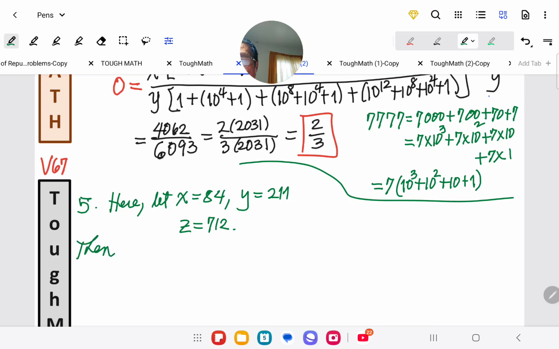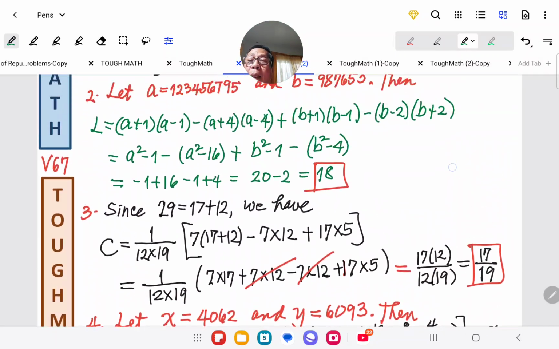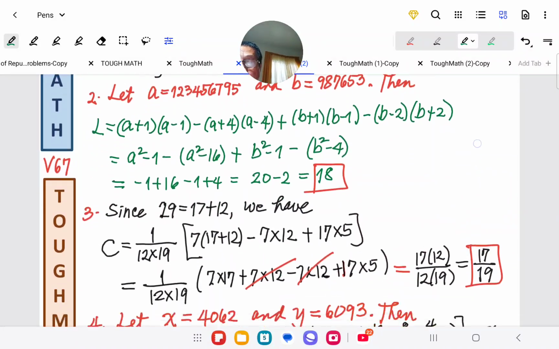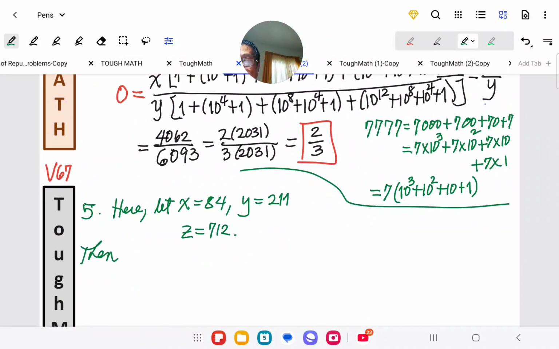Then our p, is this p? Yes, this is p. So p would now be